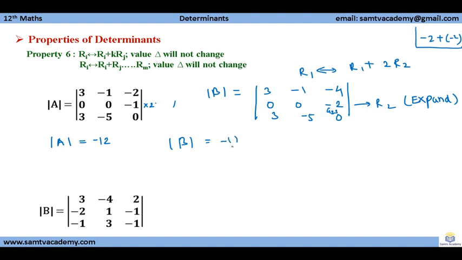So minus 1 to the power 2 plus 3 into minus 2. We have to leave this column and this row. So we will get here 3 into minus 5 minus,